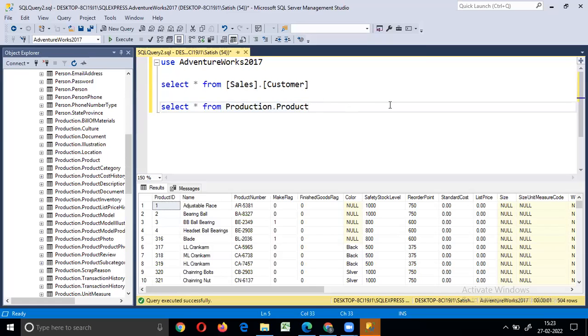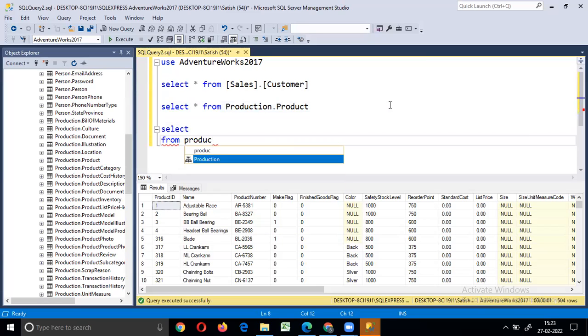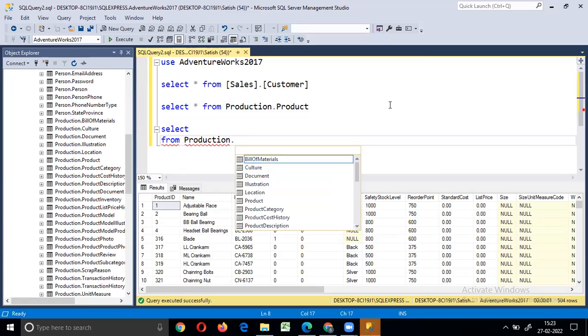So we'll be starting with how we can access a few columns from the table. I would like to retrieve only a few columns from the product table.